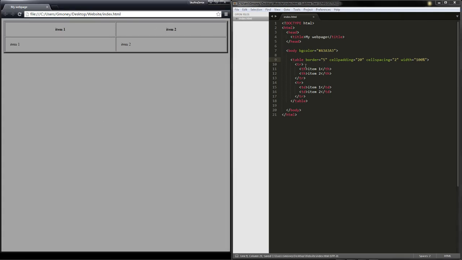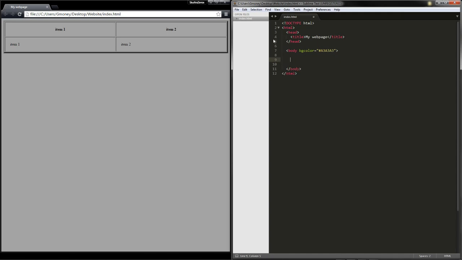There you go, that's a thicker border. But that's the gist of tables in HTML. I'll go ahead and talk about